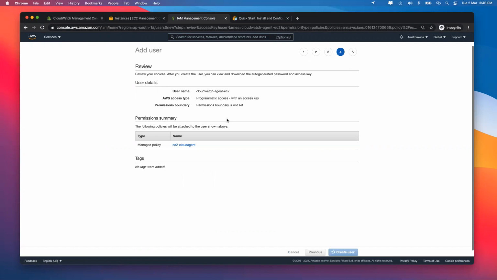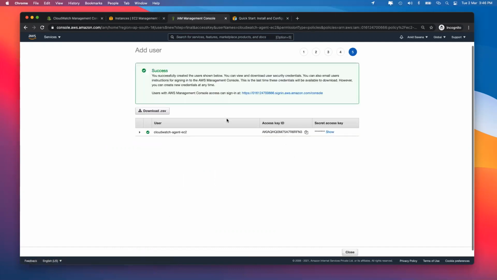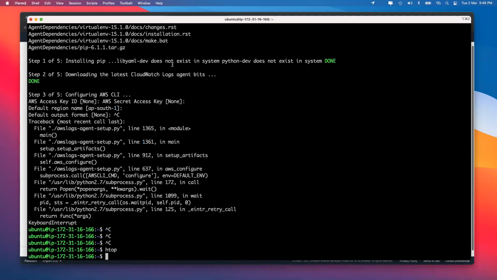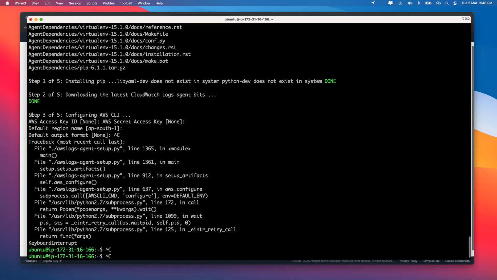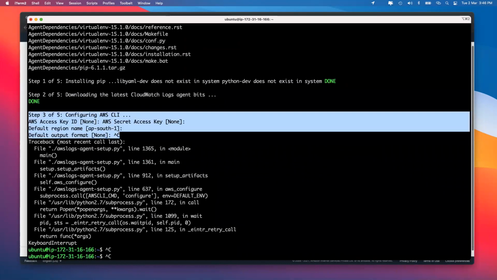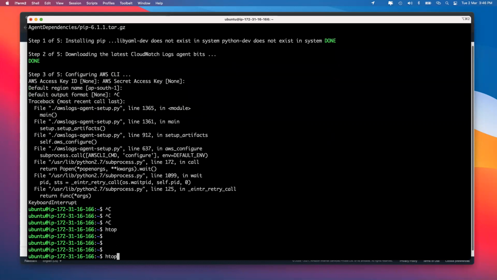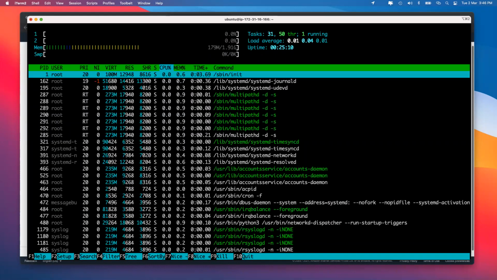At this moment, by the way, you will be shown the secret access key and the access key ID. Going back, if you remember, this is the place where we had stopped, because it had asked me to give the access key and the secret access key, which I didn't have. So let's go back now and start doing that.